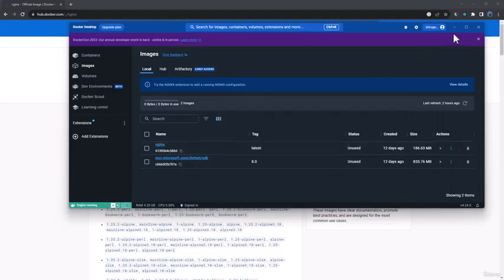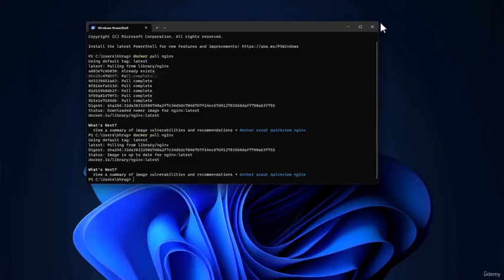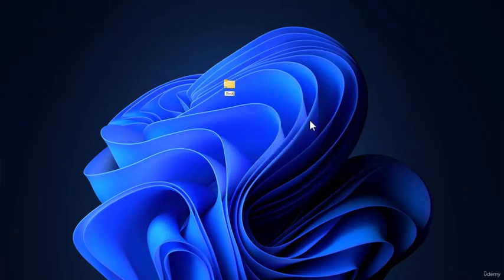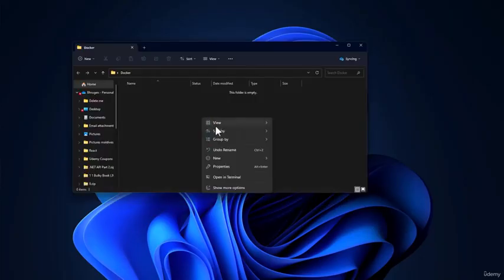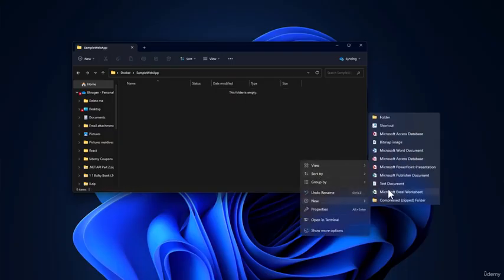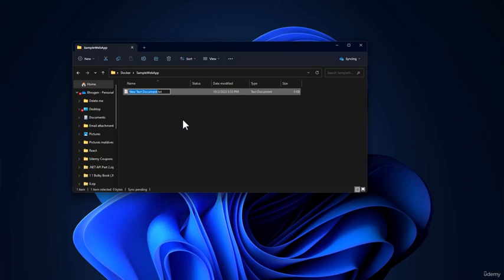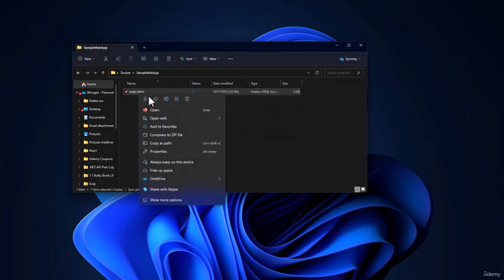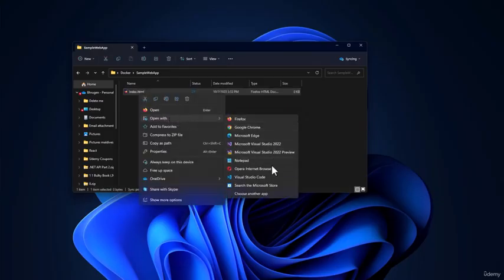But before we see that in action, we need an HTML. Let me minimize here. Create a new folder for Docker. Let me open that. I will create one more folder here, sample web app, and inside there, let me create a new text document. I will call that index.html, and let me open that in Notepad, or, well, let me do Visual Studio Code here,